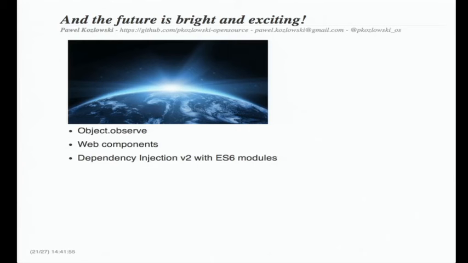And the future is bright, I think, for this framework, because work is starting on AngularJS version 2, and there is a really strong drive to embrace emerging standards in web development.